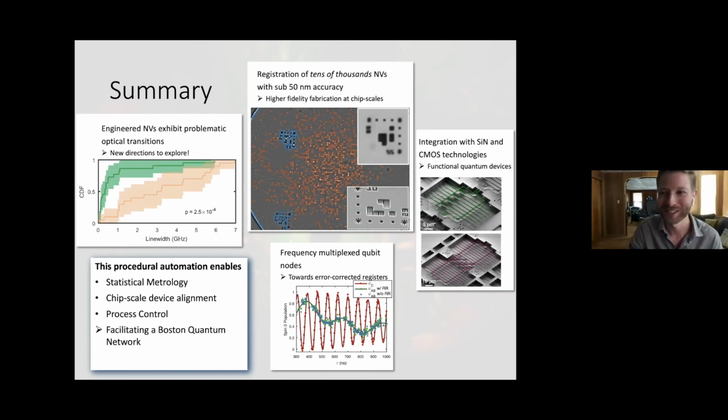Without getting into too much detail, you would need to either be able to do a lot more engineering to prevent phonons from interacting with these other centers, or you have to take it down to much, much colder temperatures. For the NV, you're good at 4 Kelvin, so you can just use a typical closed cycle cryostat for that. However, if you want to get silicon vacancy quantum performance from a quantum memory perspective, you need to go down to dilution refrigerator temperatures, which is something we're actively doing.